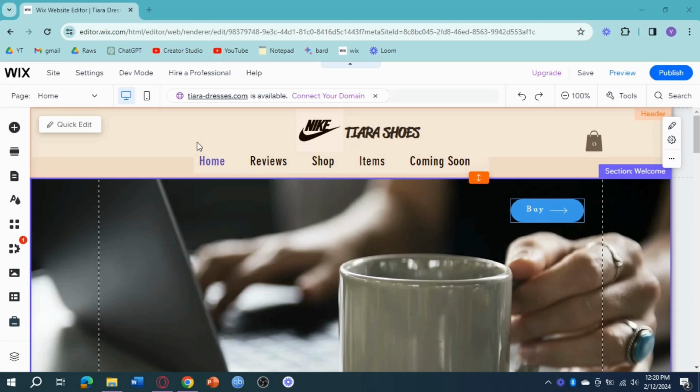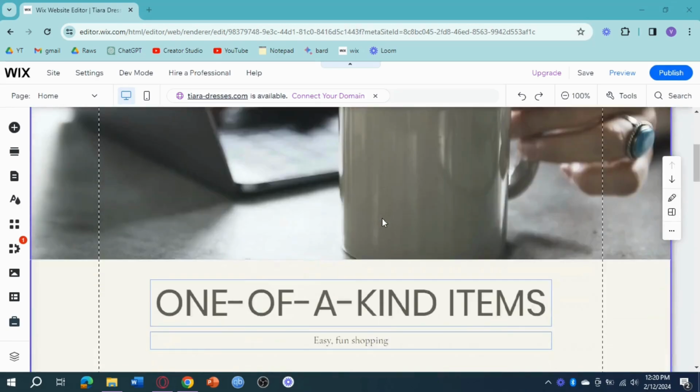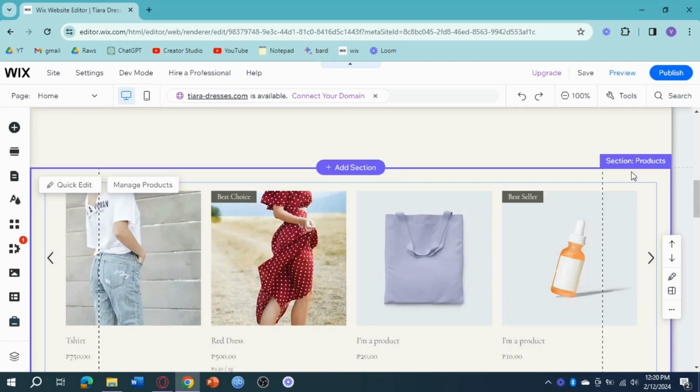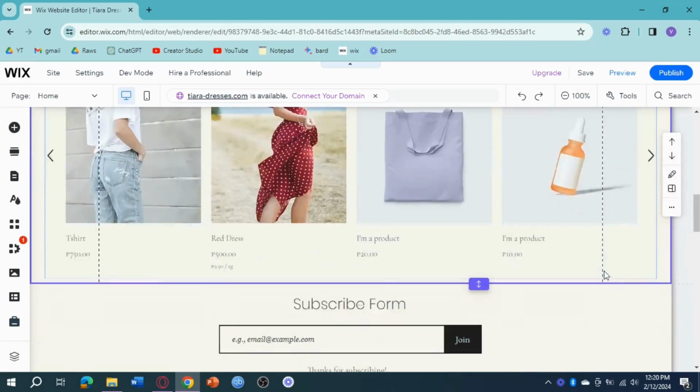For this one, we just need to look for the section we want to duplicate. For me, I want to duplicate this section, which is a product section. Since I want to duplicate it, I just need to click on this specific section. Then from in there, just click on these three dots that we can see right here, which is the more